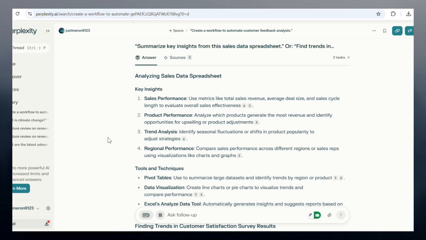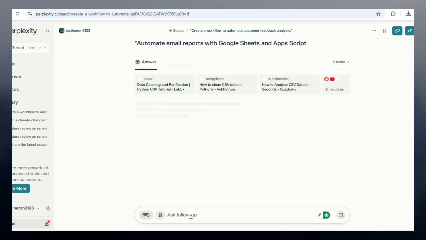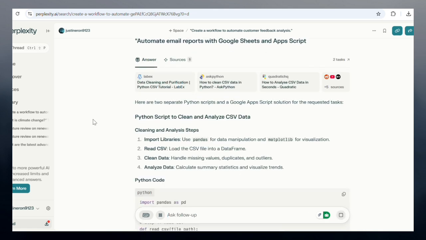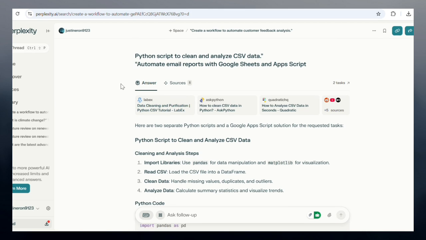And then also, you can generate the code for automation. Ask for ready to use code. For example, a Python script to clean and analyze CSV data, and these provide step by step scripts tailored to